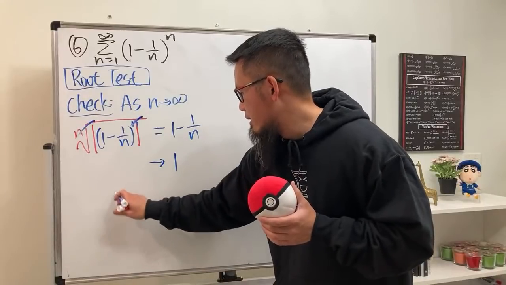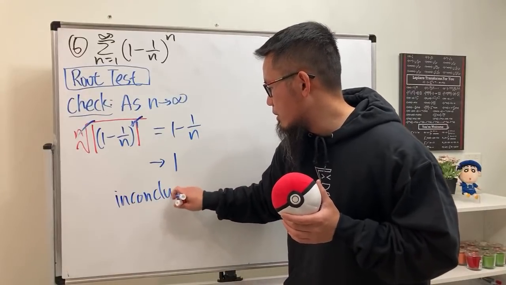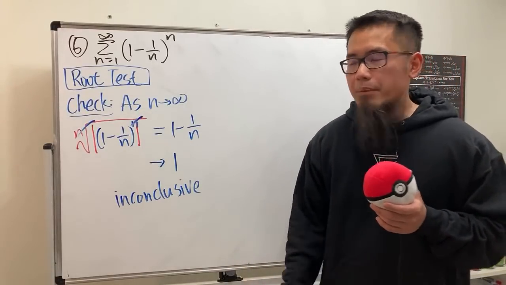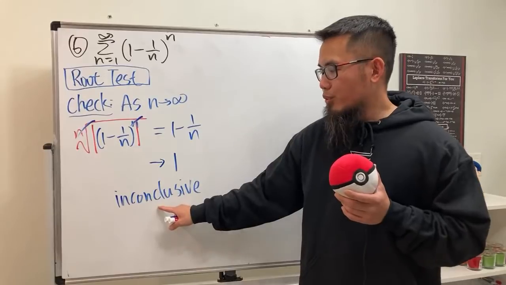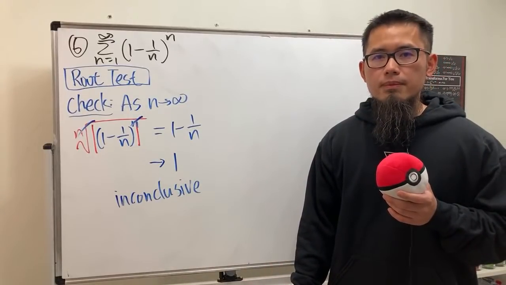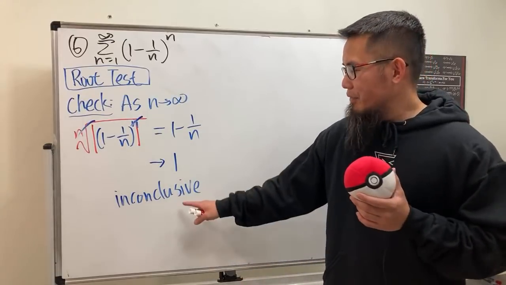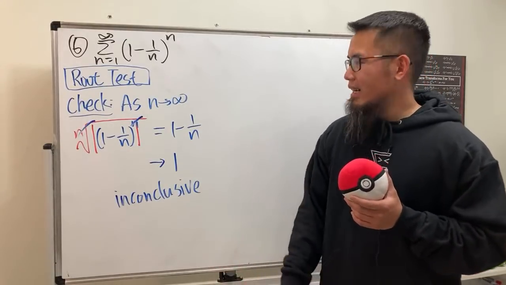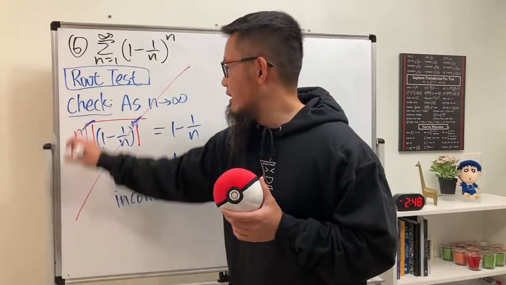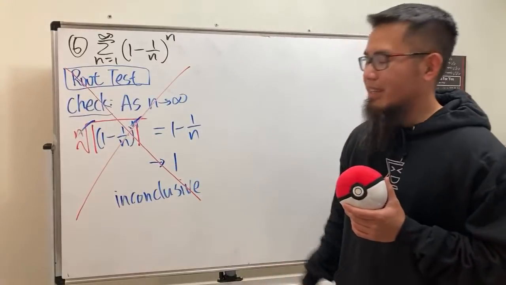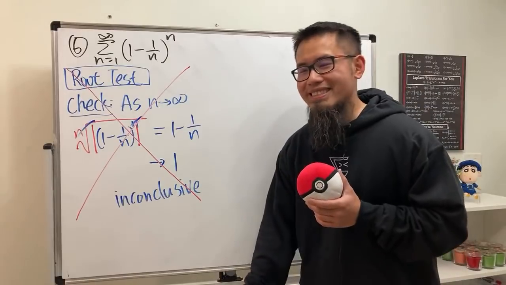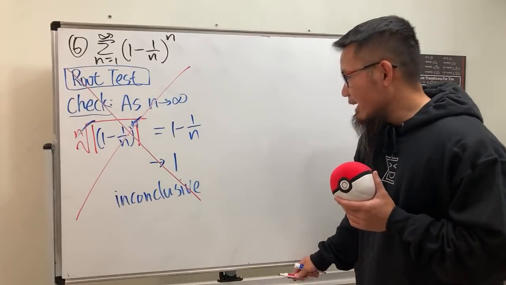So this right here is inconclusive. What does that mean? Does that mean that root test, inconclusive, and then we are done, moving to the next question? No, it does not. If you see inconclusive, this means that we will just have to cross this out because it does not work, and we just have to pick something else to do more work. I know, it's like a sad face. But anyway though,